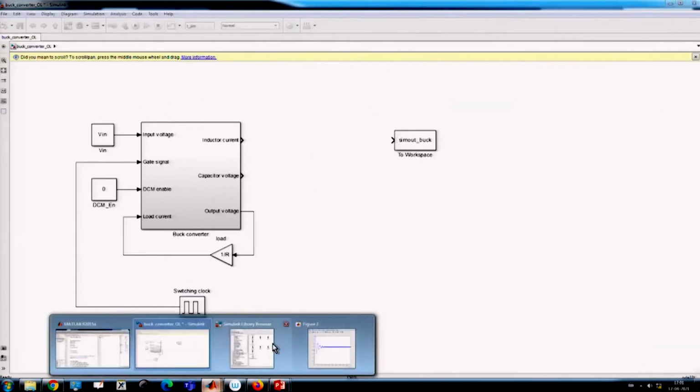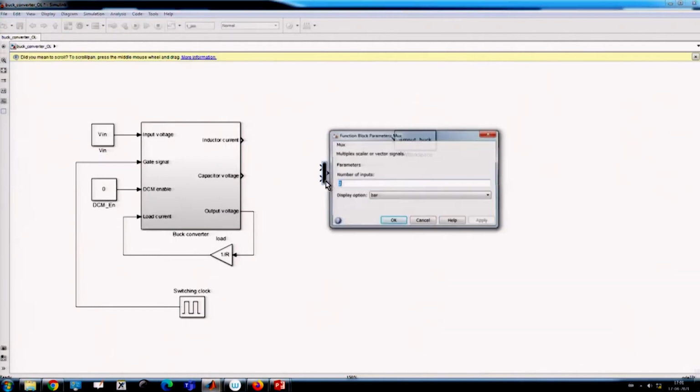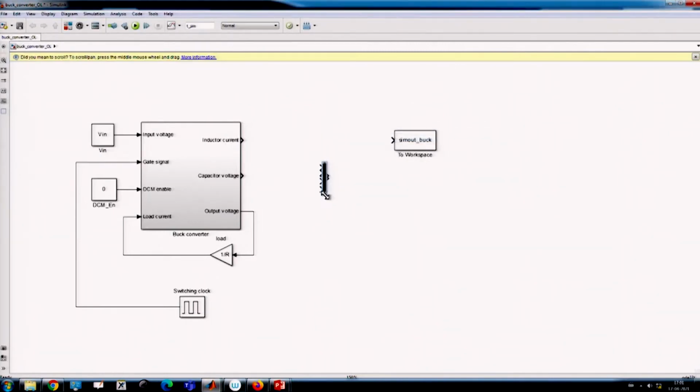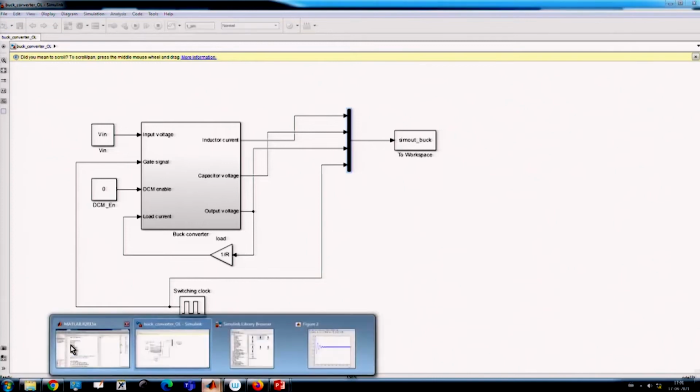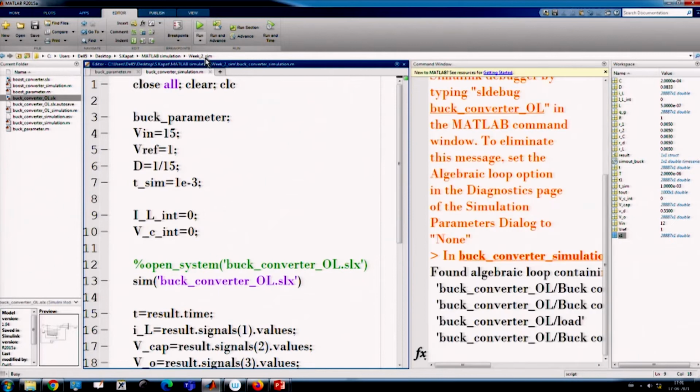Okay, let us go to the mux. So, I can take a multiplexer, I can take a 4 output multiplexer, okay, and its output is a vector. I can now connect inductor current, capacitor voltage, output voltage and my gate signal. All these are possible now. Now, let us go back. So, if you run now